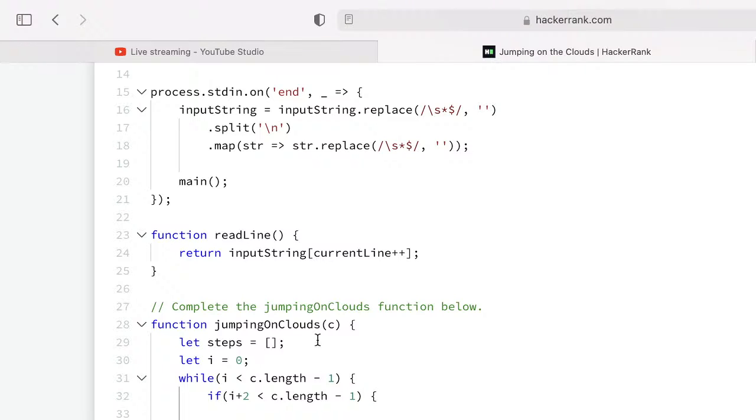But what we have to do is see if the length is jumpable, but we also have to see if the value there is 0. If it's 0, then it's a cumulus cloud and we can jump there. So we can do this. We need to check the second